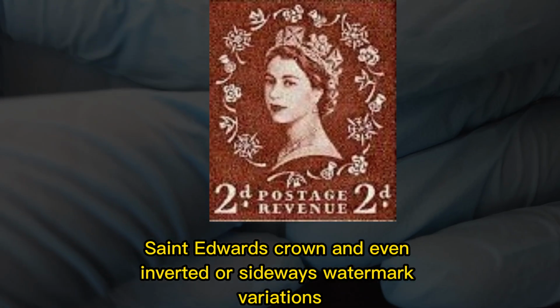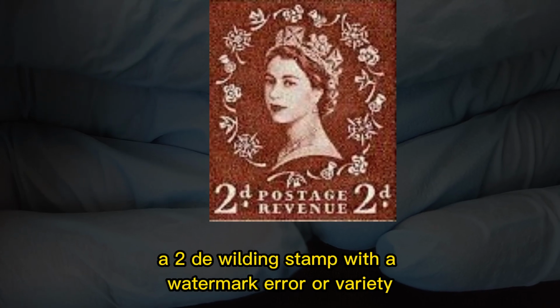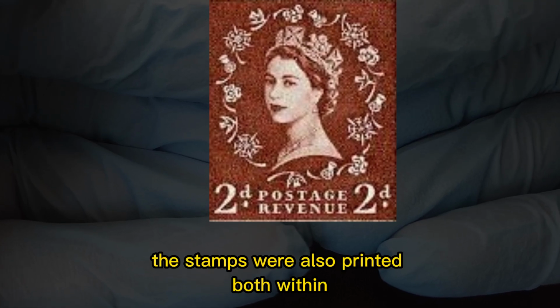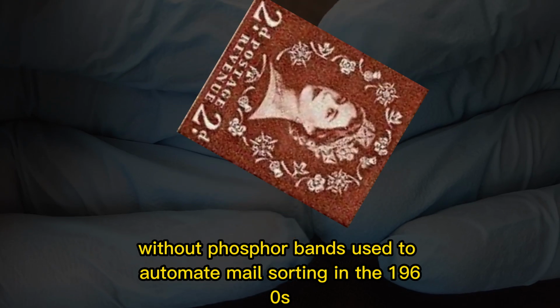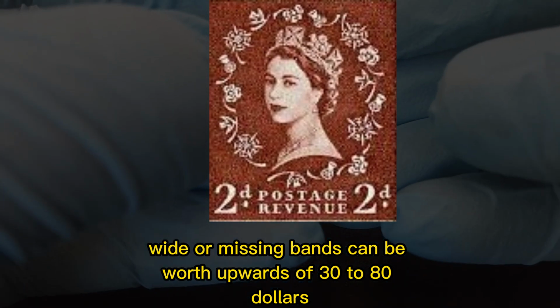Edward's crown, and even inverted or sideways watermark variations, all of which affect a stamp's value. A 2D Wilding stamp with a watermark error or variety can easily reach between $10 and $25. The stamps were also printed both with and without phosphor bands, used to automate mail sorting in the 1960s. A mint 2D stamp with a rare phosphor band variation, such as misplaced, wide, or missing bands, can be worth